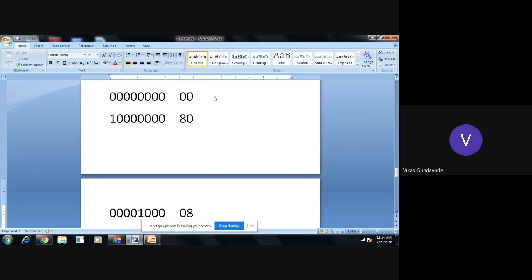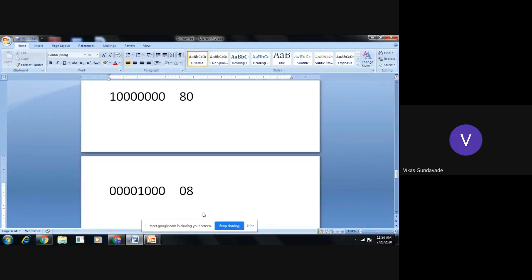Now for further addition, all the numbers are available in the registers of bank 0. So again we need to come back to bank 0. If we want to make the changes, we need to put this 08 into PSW for the selection of bank 1. After storing the result, again we need to change it to bank 0. So it will be 0 0 0 0 0 0 0 0. So the status will be 00.